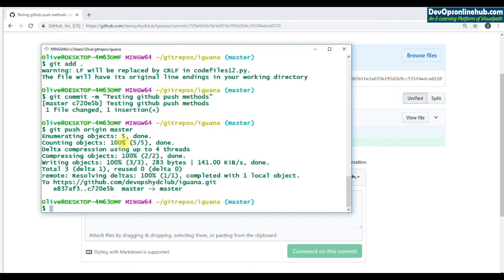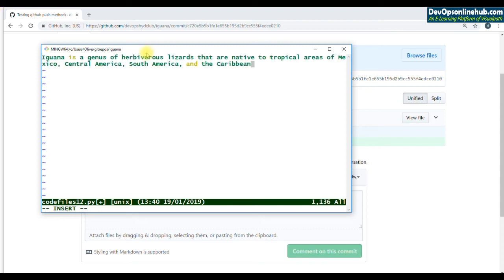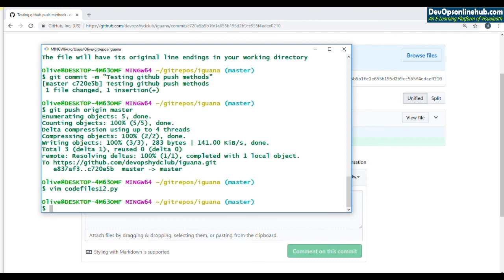Let's test one more thing. Let's open the same file, remove that content and add some other content. Let's write something about iguana. So iguana is a herbivorous lizard, and so on. Okay, anyways, let's save.